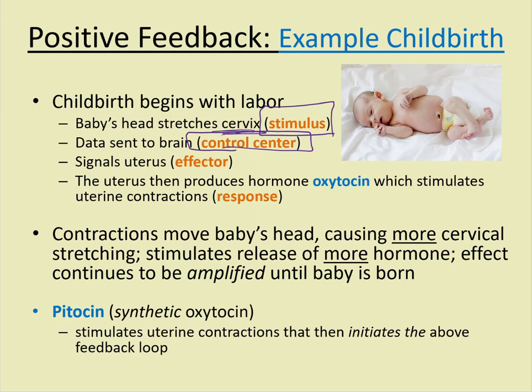And then your control center, your brain, sends a feedback. It sends a message to the uterus, which is the effector, telling that uterus to start producing a hormone called oxytocin. And this oxytocin then stimulates uterine contractions so that those muscles of your uterus will actually start to contract. And that is your response. So the stimulus, the baby's head, the brain then tells the uterus to produce oxytocin, which causes contractions, which is